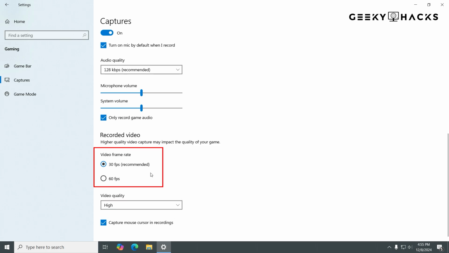Next, we have the frame rate settings. 30 FPS, frames per second. This setting is suitable for general use, especially when recording static or slower content. It provides smooth video but is easier on system resources. 60 FPS. This setting is ideal for fast-paced games or high-motion content. It provides smoother video and makes the recording appear more fluid, but it requires more system resources and creates larger